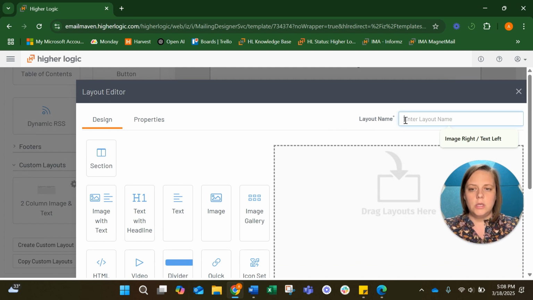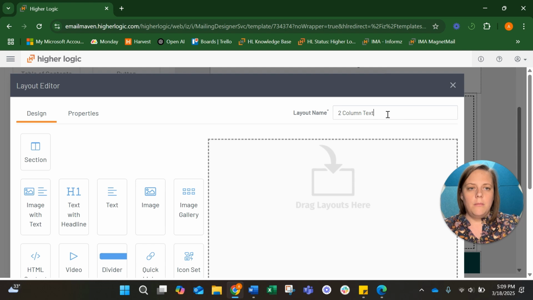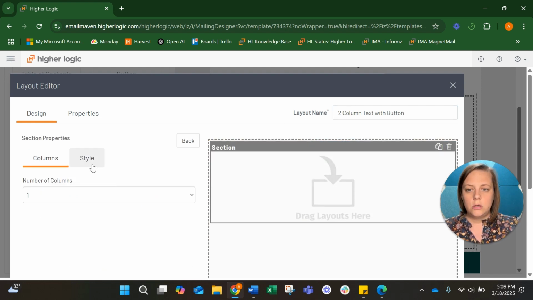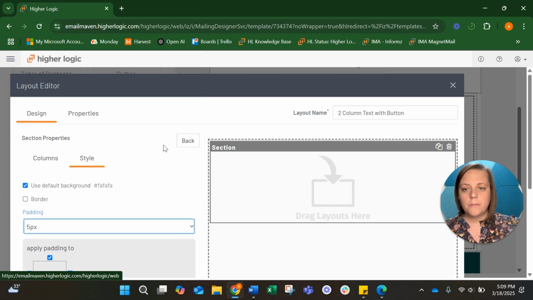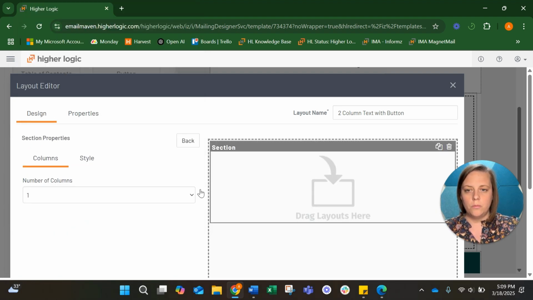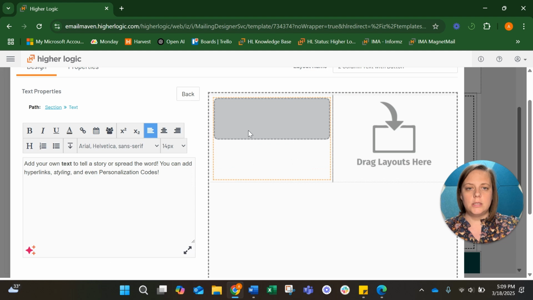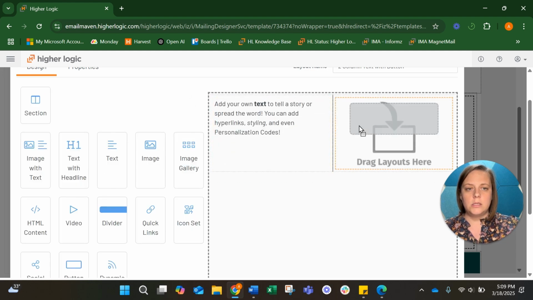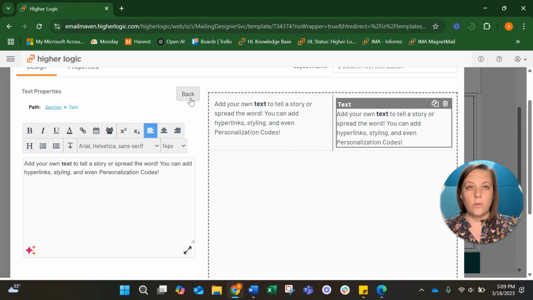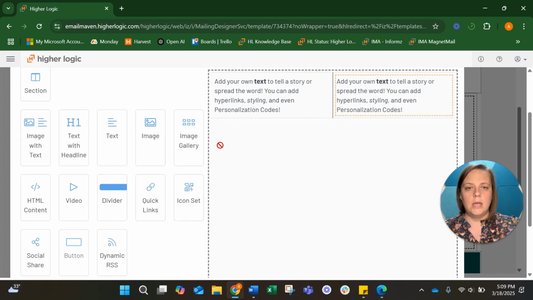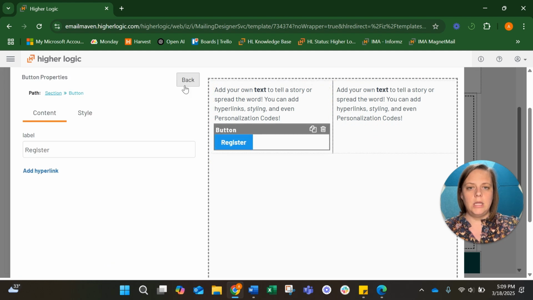Another common one we do is 2 column image or 2 column text. Okay, I'm going to do text this time. Text with button. That's the common one. Same situation here. Two columns, go back, then same here. I'm going to put in text. This might be the name of a webinar or a course that's upcoming. And then I'm going to put in a button in each